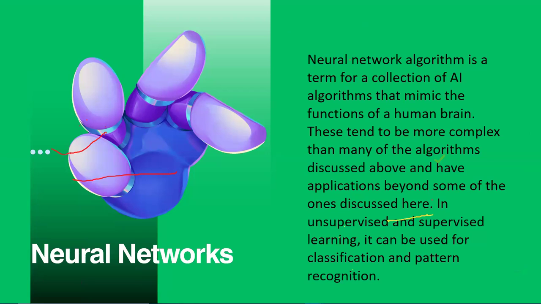So what are neural networks? Neural networks are algorithms, right, that are designed to mimic the human brain. For those who are familiar with biology, the human brain has all these neurons, perceptrons, and the rest. So neural networks are designed to work the way the human brain works. You have lots of neurons, lots of perceptrons, multiple inputs, taking in inputs, processing this data and giving you a result.